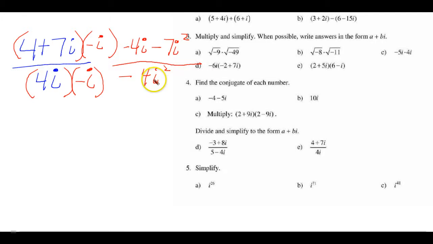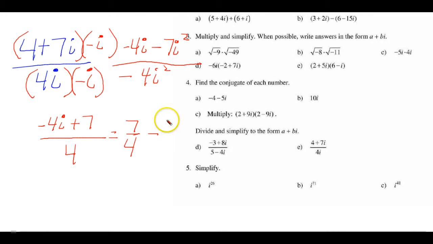Now we know that i squared is a negative 1, so our denominator is going to be a 4, and this is a negative 4i, and this is going to become a negative 1 times a negative 7, a positive 7. Now, as we look at that, is that in standard form? No. So, putting it in standard form, it's going to be a 7 over 4